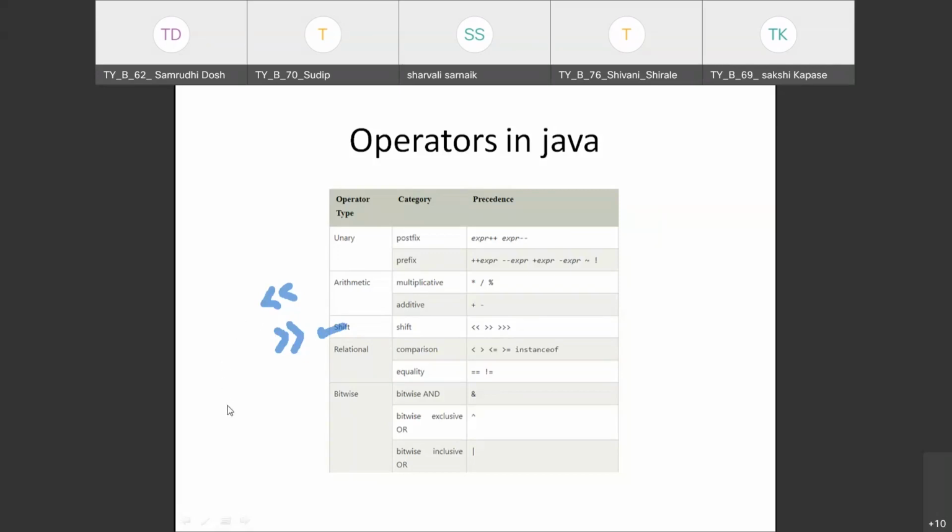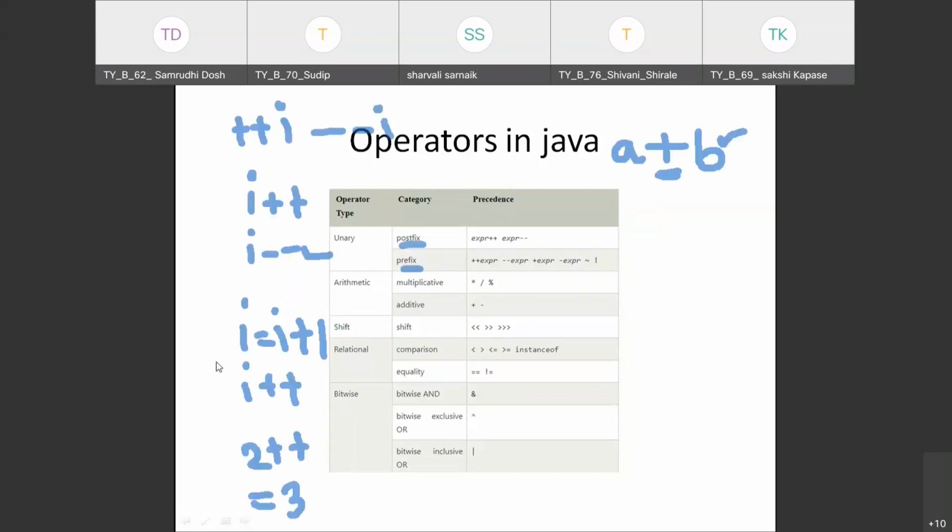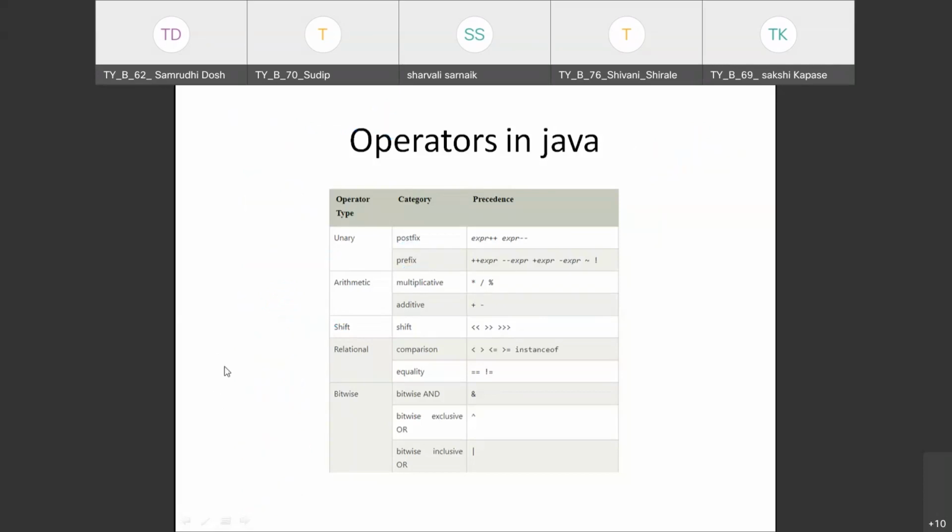Then next we have the relational operator. The relational operator checks the relation between two operands.